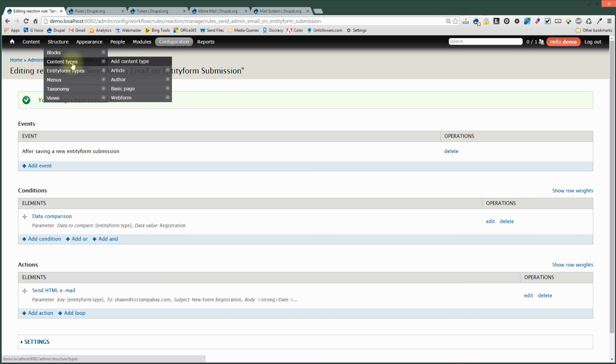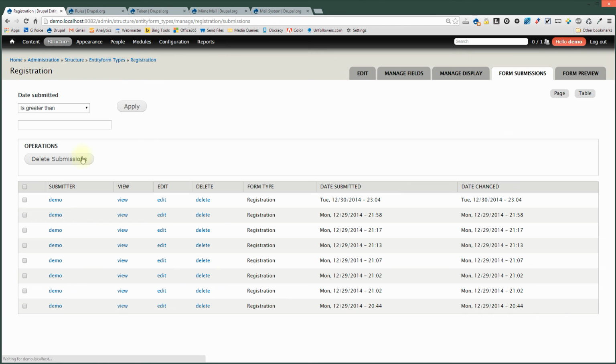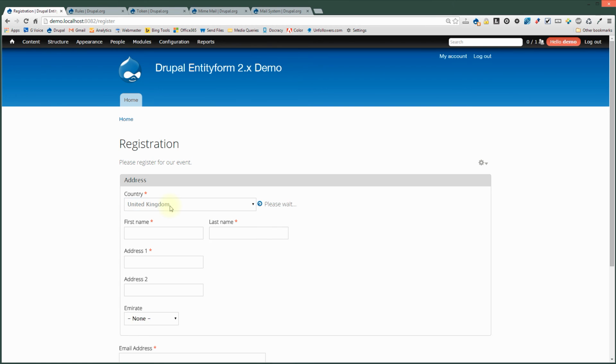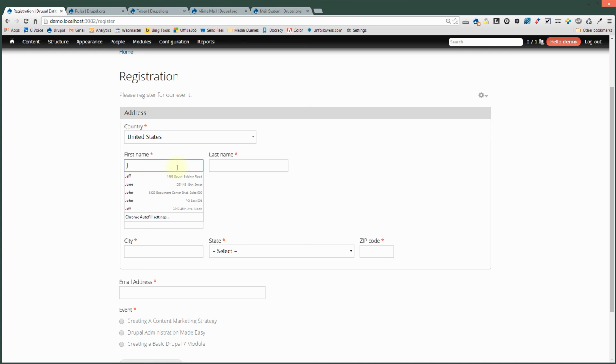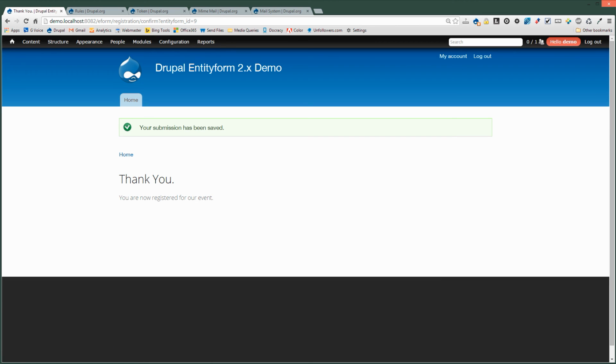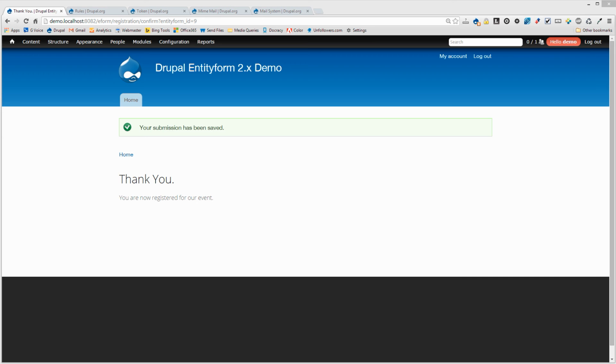And now let's submit the form again. Change it to United States. Anywhere. We'll just make up some address values here. Make up an email address for the submitter. We'll choose one of the event nodes and click Submit. Okay, and that's it. I've received an email